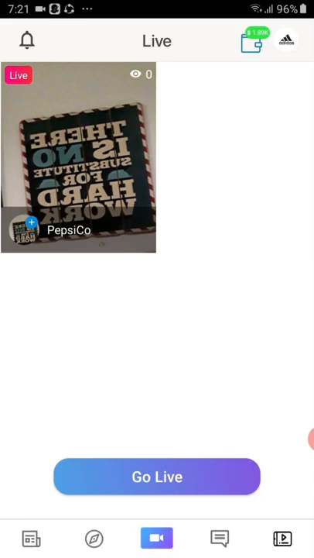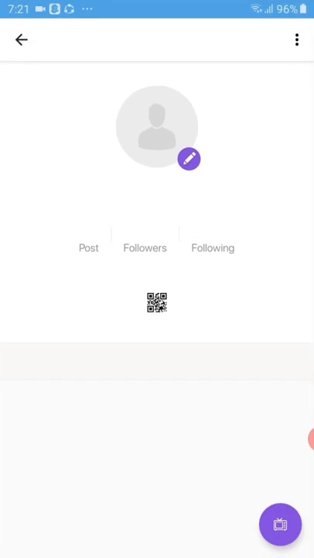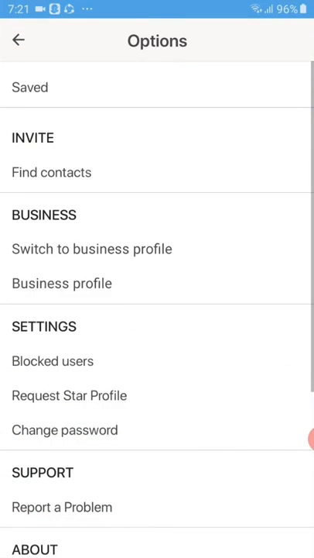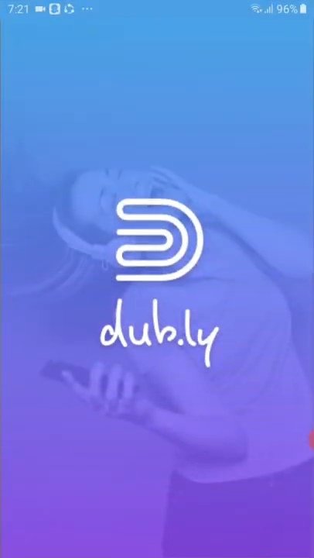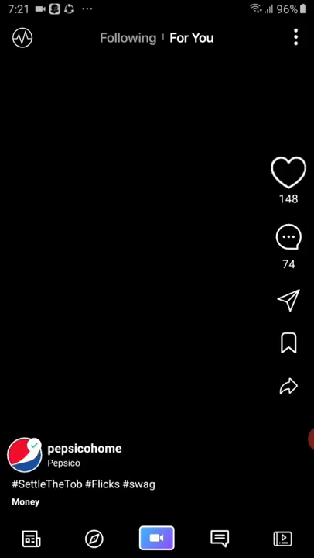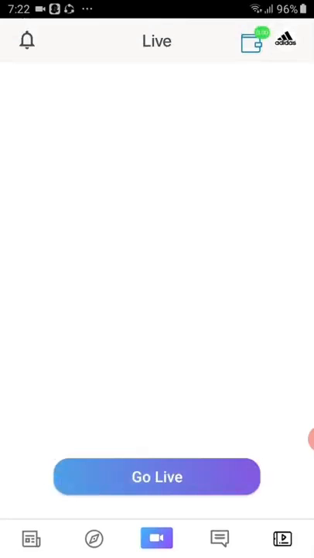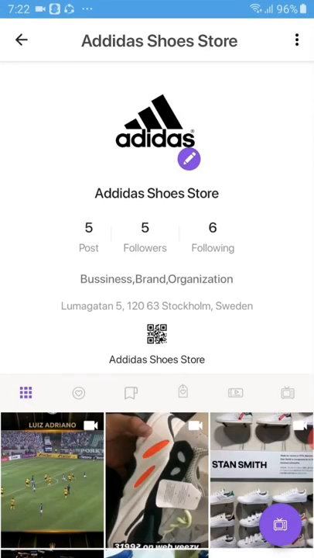So then let me show you how the business profile, that's another feature that we have on the app. I'll show you how that is all set up. So I can go to my profile page and I can switch to my business profile. Once I do that, the app flips and it opens my linked business profile. So when I go back here, I will be able to see that my profile is now converted to my business profile. So this is the business profile switch option that we have on the app.